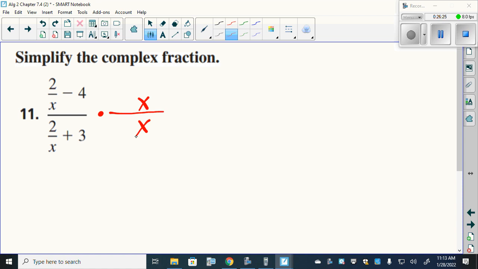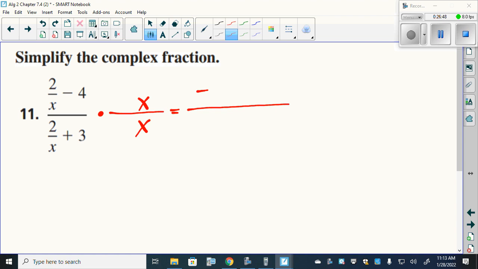Because up to this point, everything in the numerator and everything in the denominator was a fraction, yes? We had multiple fractions. This is the first one where we actually have two terms that aren't. So I'm not even really concerned about the 4 and 3. I'm just more focused on the 2 over x and 2 over x. Because if we multiply through by this x,